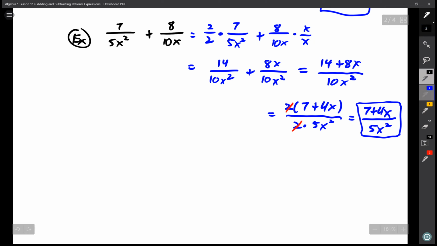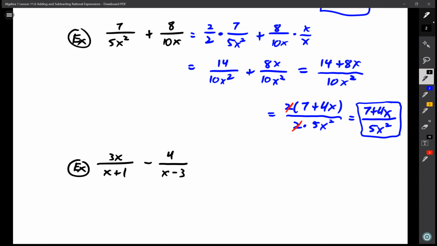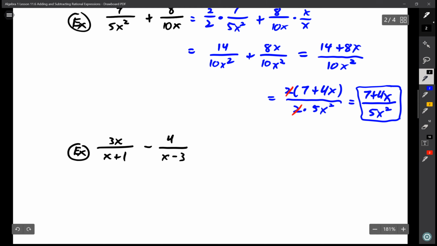And then sometimes the denominators don't match at all. And so you might have something like this. You might have something like 3x over x plus 1, we'll say minus 4 over x minus 3. Okay, these don't match at all. So when that's the case,